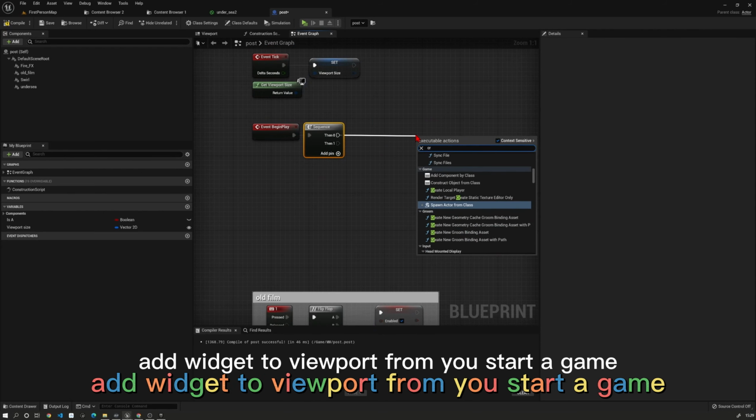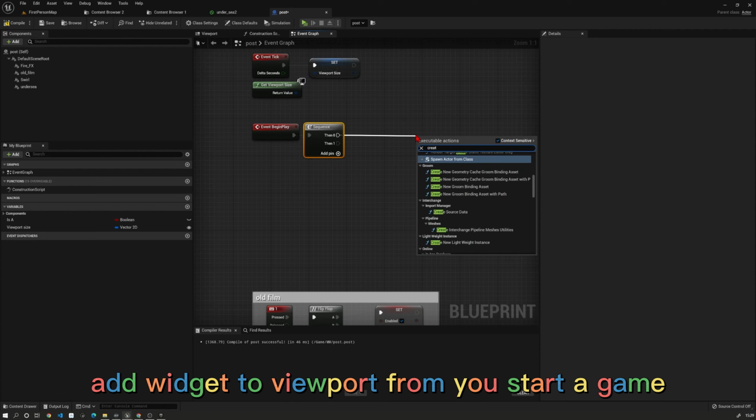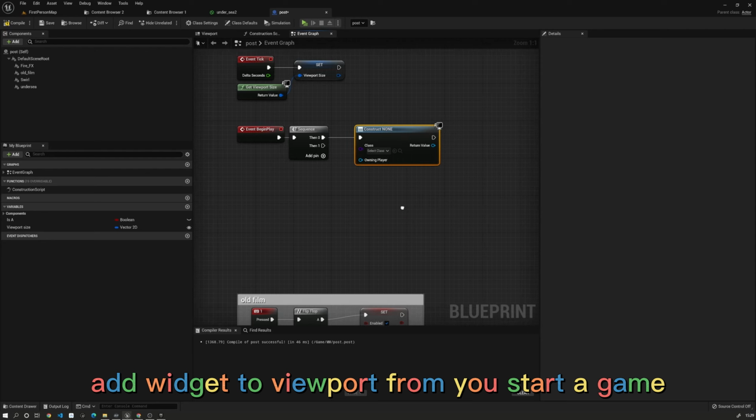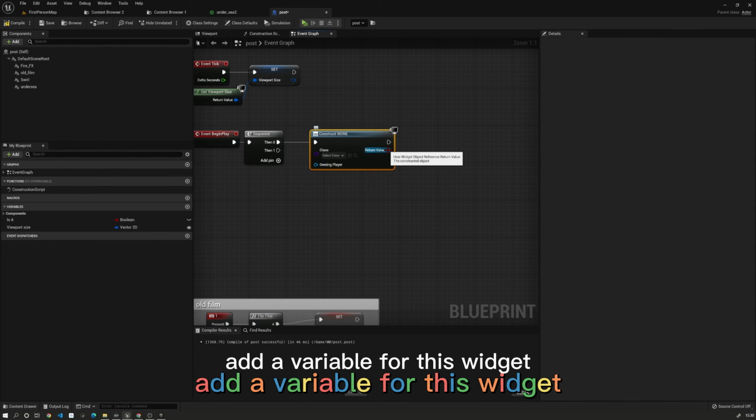Add the widget to the viewport from you start again. Add a variable for this widget.